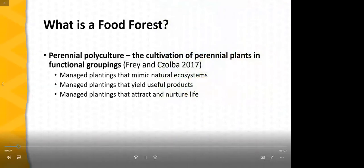Now, what exactly is a food forest? Well, a food forest is a great example of perennial polyculture. And perennial polyculture is defined as the cultivation of perennial plants in functional groupings. There are many different types of perennial polyculture. In the case of a food forest, it's a perennial polyculture that is designed to mimic the natural ecosystem of